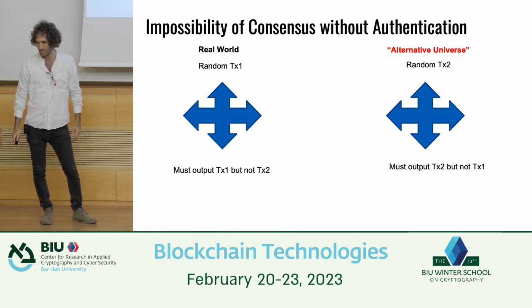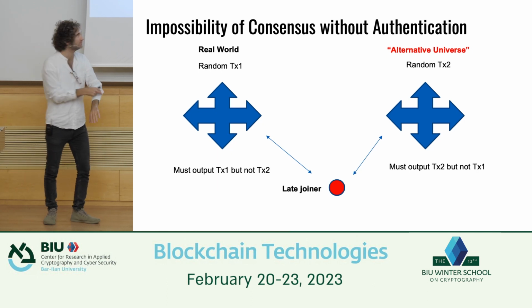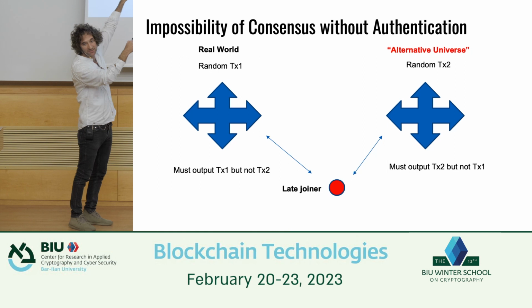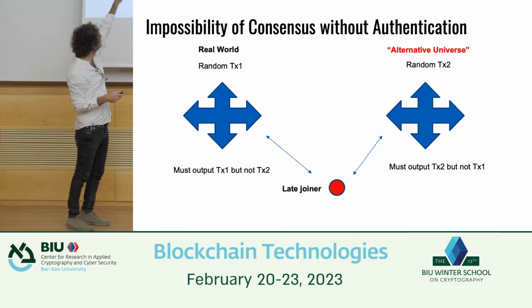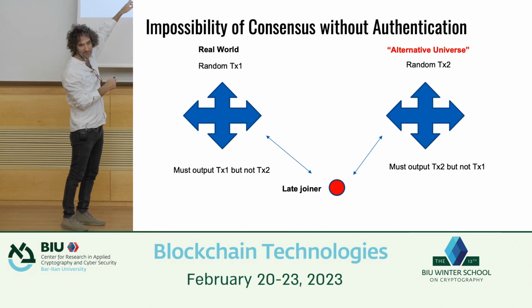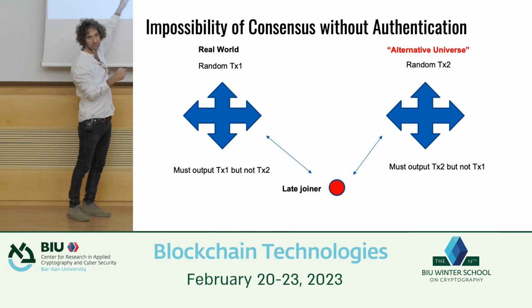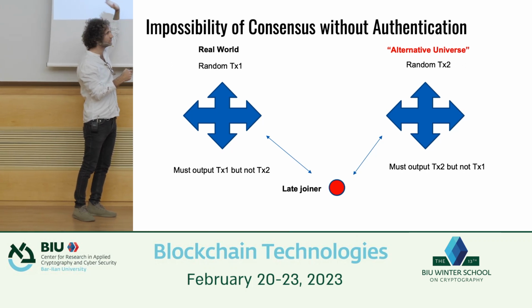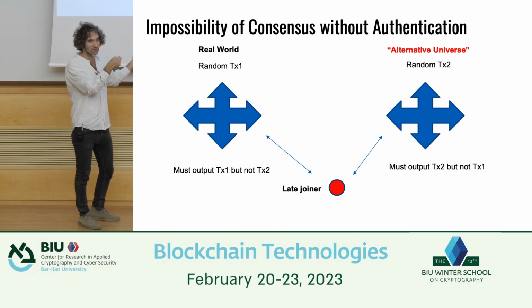Yeah? Sorry, what's again the argument about the alternative universe? Okay, so let me go over it again slowly. We have some real execution that's running with some transaction tx1. That needs to output tx1, right? But it's not going to have tx2 there. Everybody agrees? Okay. Or with high probability, because there's no information about tx2.